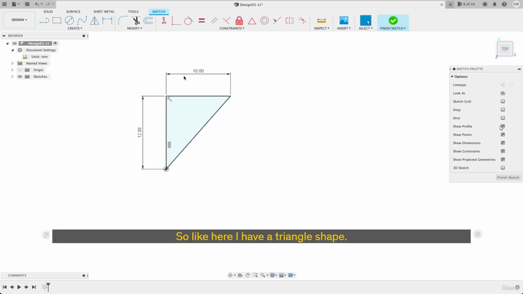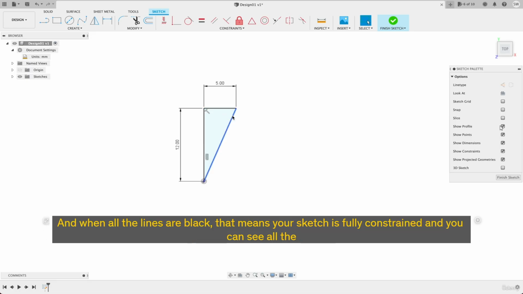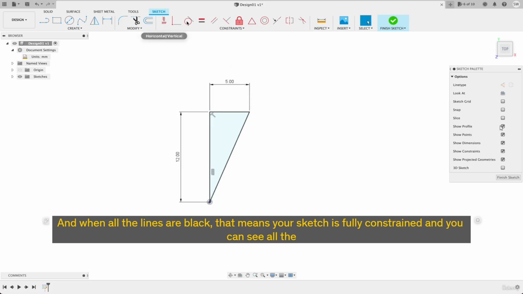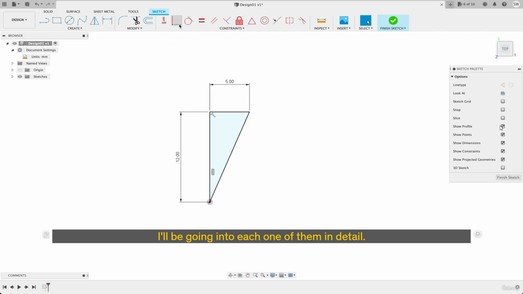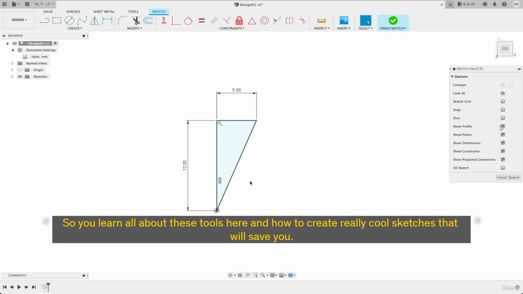Here I have a triangle shape. Maybe I want this side here to be smaller. I could just change it like that. And when all the lines are black, that means your sketch is fully constrained. You can see all the constraints up here. I'll be going into each one of them in detail so you can learn all about these tools and how to create really cool sketches that will save you